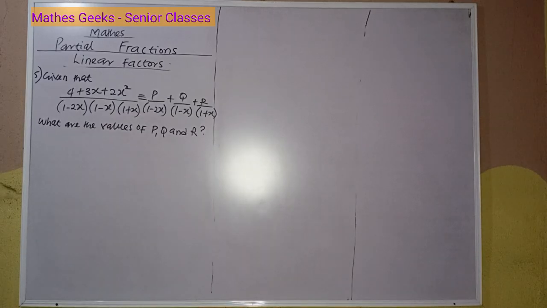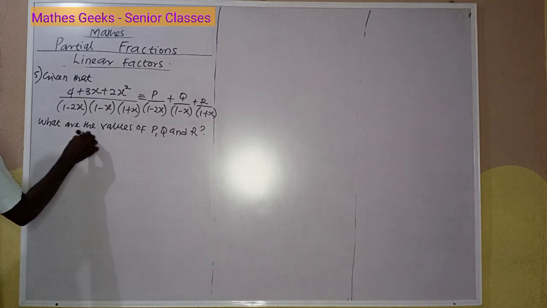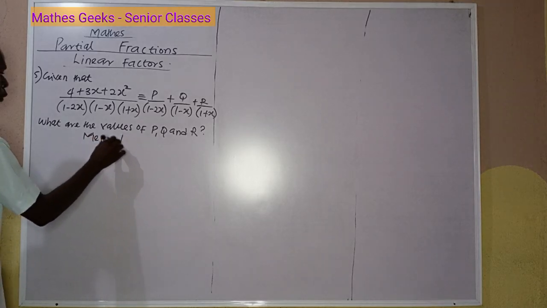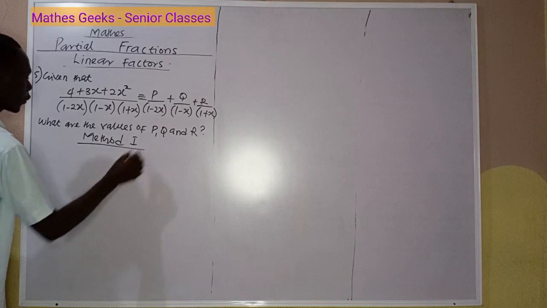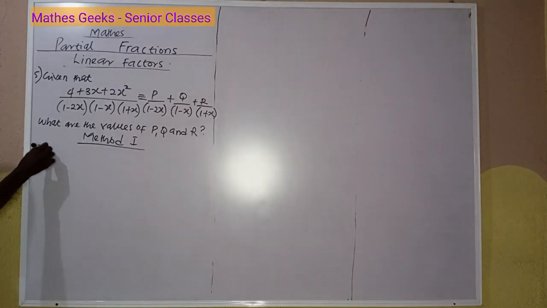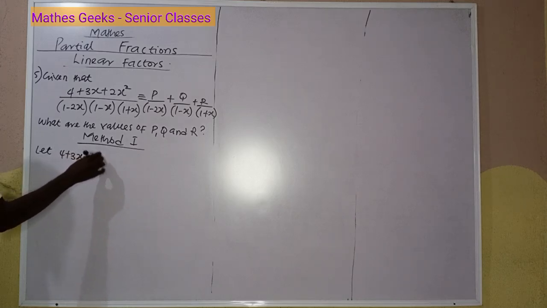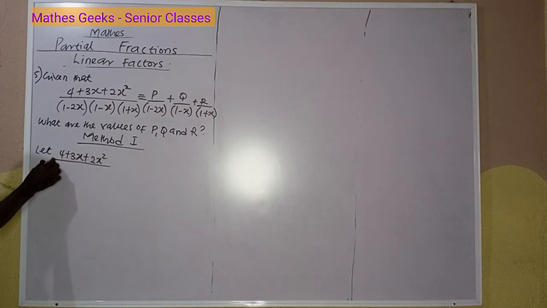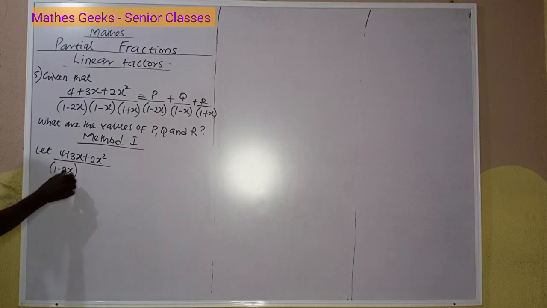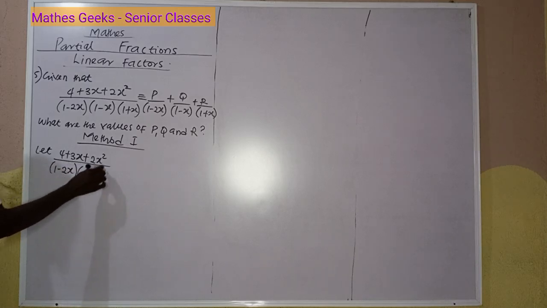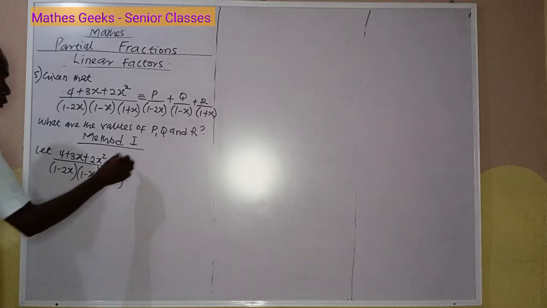Okay, we're defining the values of p, q, and r. So let's take the first method. Say let (4 + 3x + 2x²) / ((1 − 2x)(1 − x)(1 + x)) be identical to